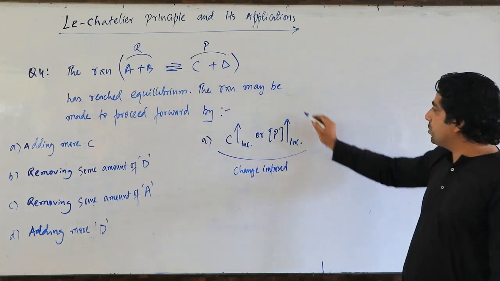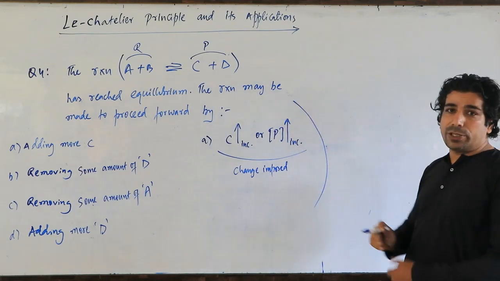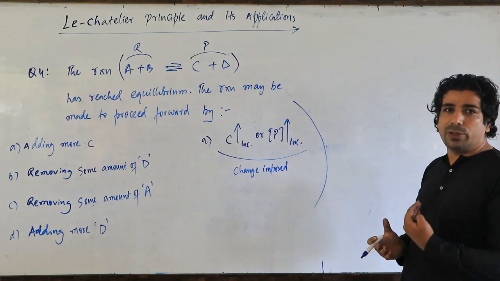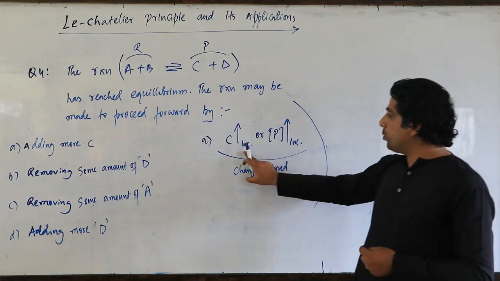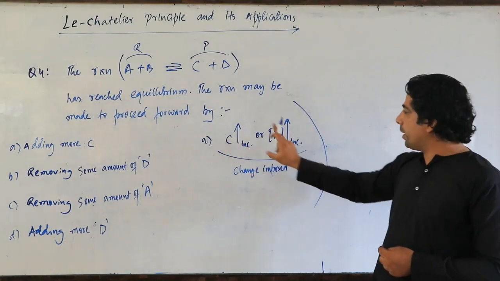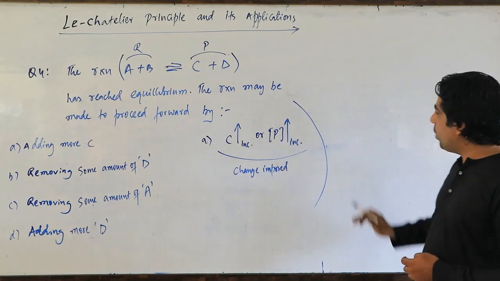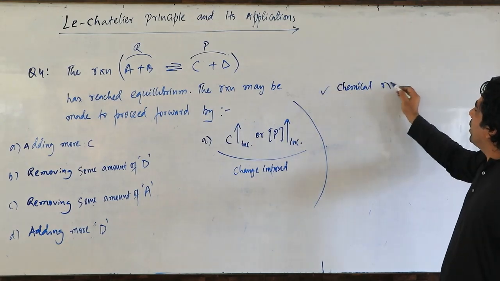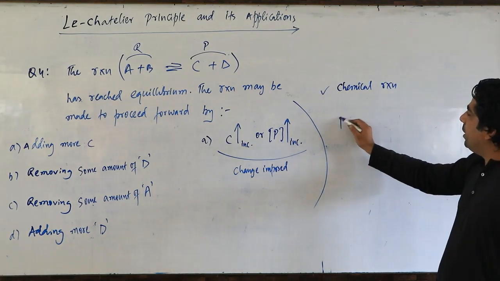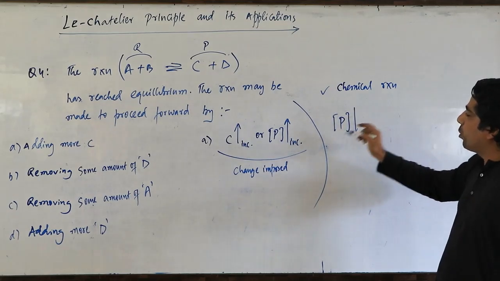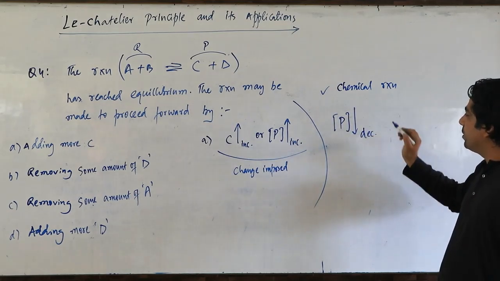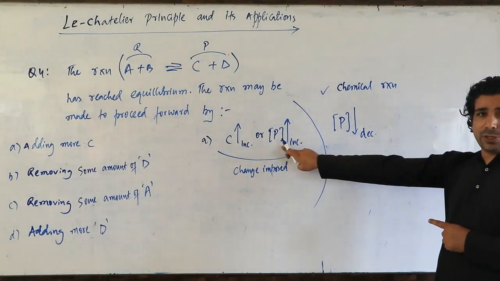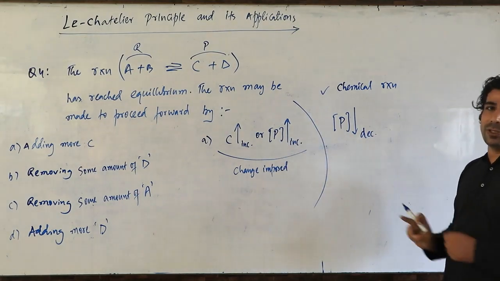Now this change has to be opposed by the chemical reaction which is at equilibrium. Why does a reaction oppose the change? So that it will shift back to the equilibrium state. So have a look here. Concentration is increased for C, or concentration is increased for the product. What will happen? So let's take on our chemical reaction which is at equilibrium. It has to decrease the molar concentration of products. Now tell me how to decrease the molar concentration of products. I am increasing the molar concentration of products. Here it has to decrease the molar concentration of products.